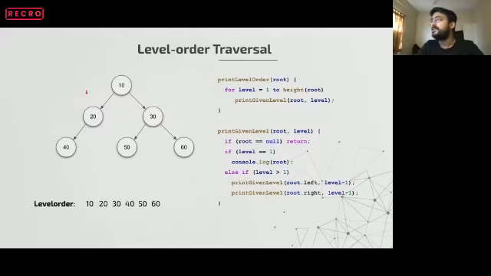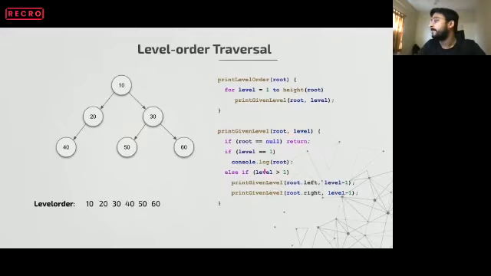So when we pass this 20, level becomes 2, but we cannot print it until the level becomes 1. So again we will call this left subtree recursively, and we will pass level - 1, which is 2 - 1, 1. So when we reach level 3, this particular level becomes 1.